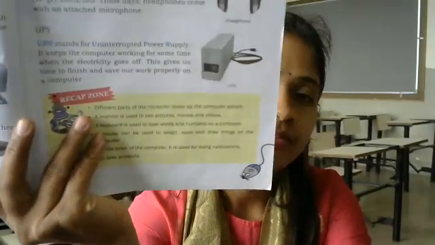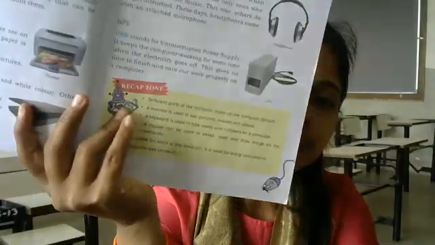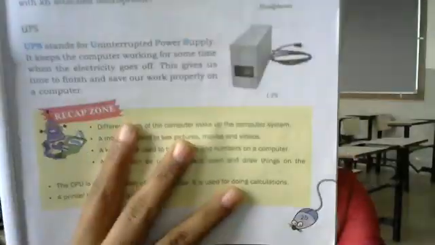But see your textbook, it has color. So this is called a color printer. So like this we can take a color printout. Yes or no? Some printers print black and white only. In some printers, it is color also. It depends on the printer. Okay. Any doubts? No, ma'am. Okay.